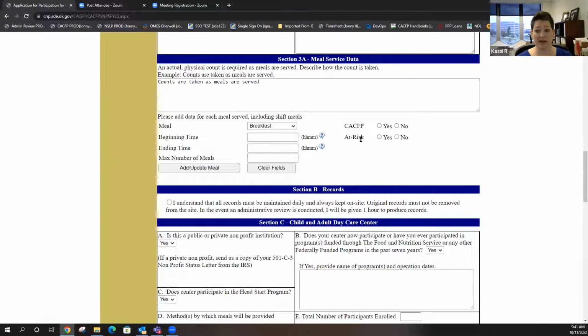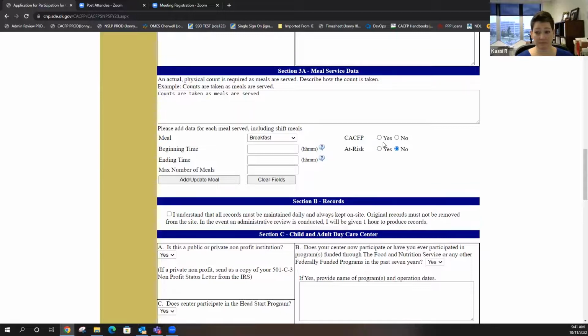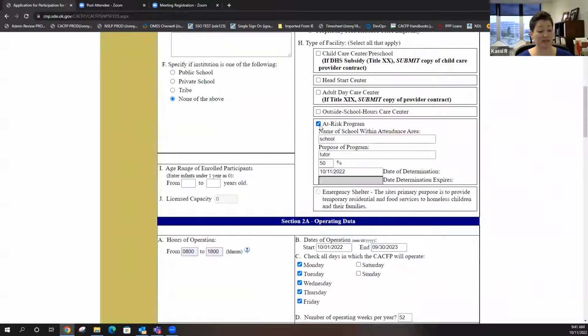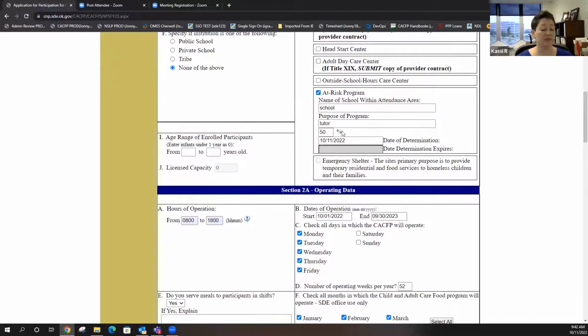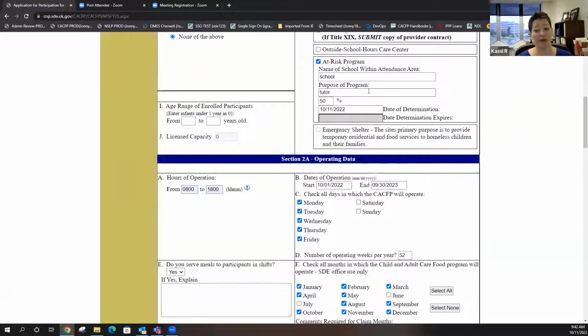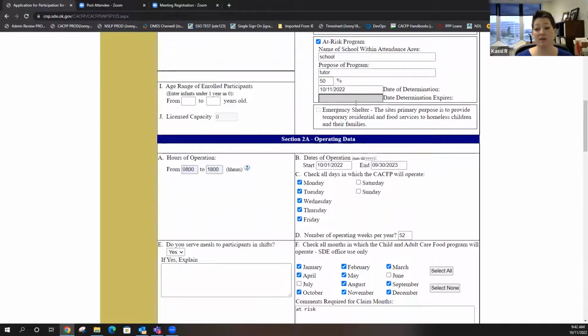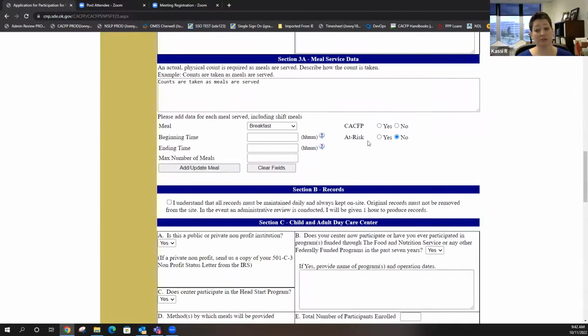So if all you do is CACFP, just regular CACFP, have nothing to do with at-risk, you can't even click these. It's grayed out. It won't even let you do that. The only way you can click these buttons here is if you're at-risk and it's tied to this up here, which you also can't click. So if you're at-risk, we've done what we need to do. The reason we have at-risk grayed out is because there's very specific eligibility guidelines, and when it needs to be updated, we have to update it. But if you're currently at-risk, it'll roll forward checked, and you should be able to click these buttons.